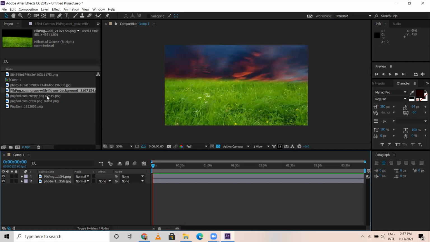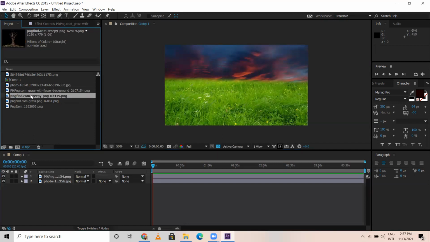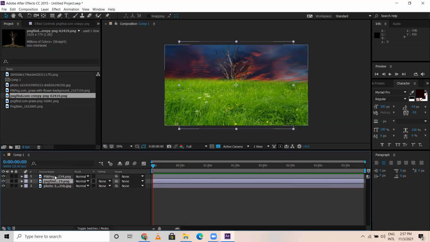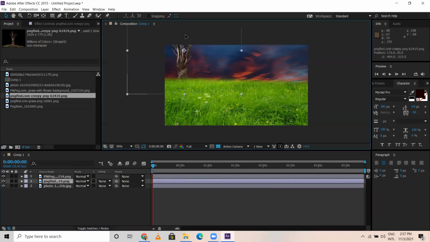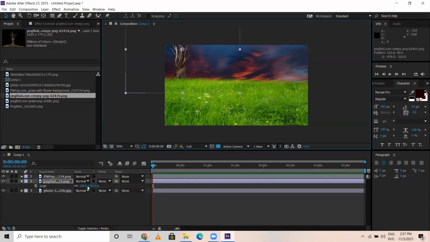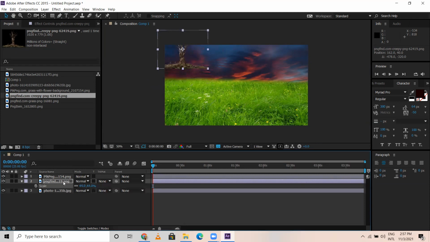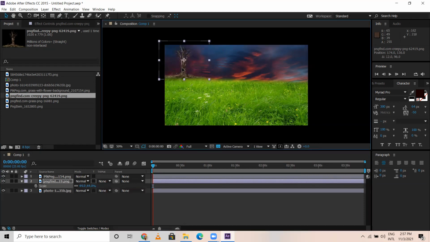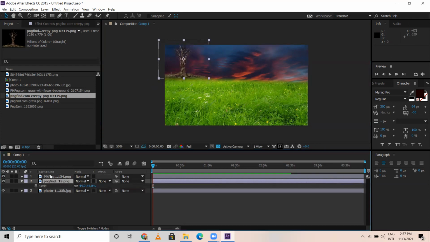Now added to this, what I would like to do is, let me take a creepy tree. I have this creepy tree here, and I would like to scale this a bit smaller like this, or else I'll bring it to the top.